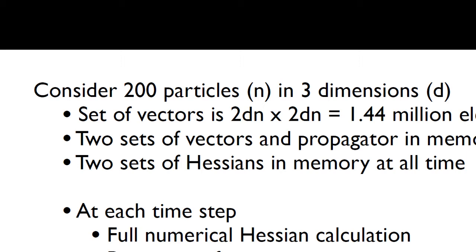This is relatively computationally complex. Storage goes as dn squared. The algorithm involves multiple QRs, multiple Hessian calculations, and you assemble all that together, and the limiting factor is generally the QR, as well as the matrix multiplication, which are quite large for even small systems. 1.4 million elements for just a 200 particle system, which is quite large.